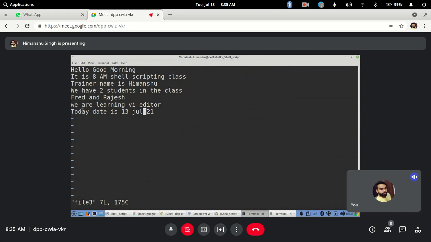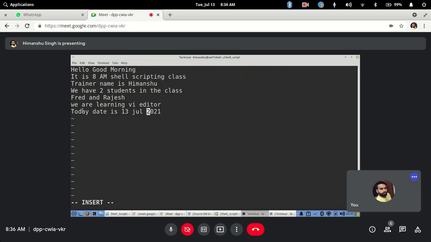So I will press I again for insert mode, and I will just type 20, but you will see there is a space here, so I will use delete and come back with my arrow key. The cursor will normally move with the arrow key, and I put a space here. So now it's 2021. I have edited and changed it to 2021 in insert mode. Got it? When you press small normal I, no other key you have to press. It will insert at the same position where your cursor is.